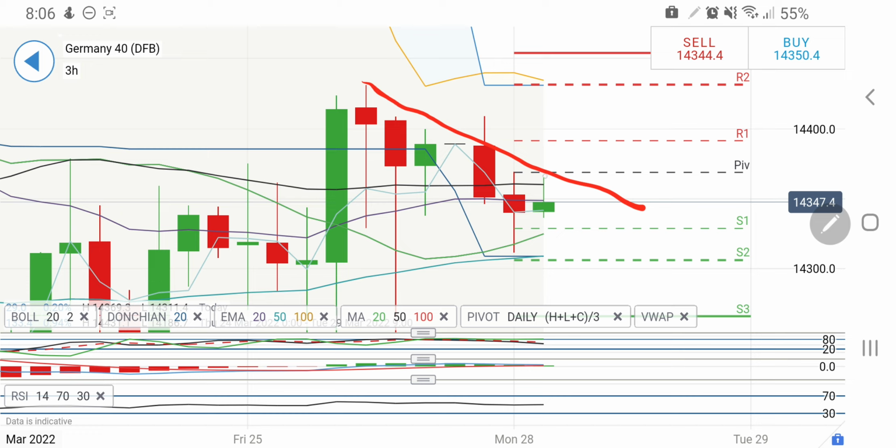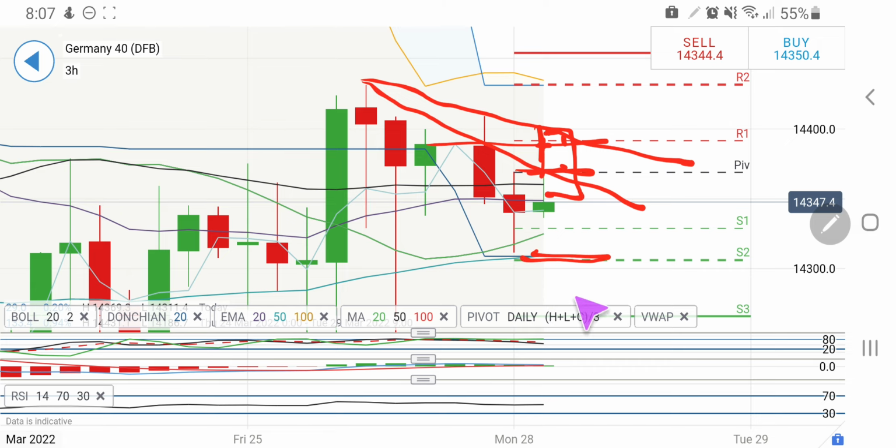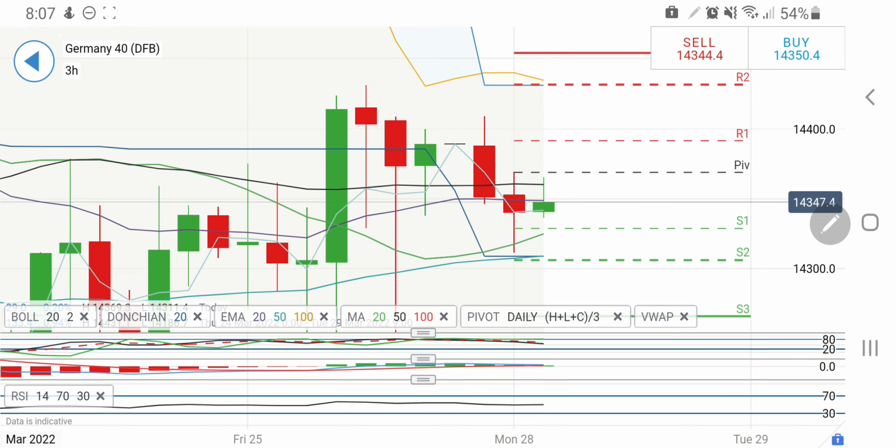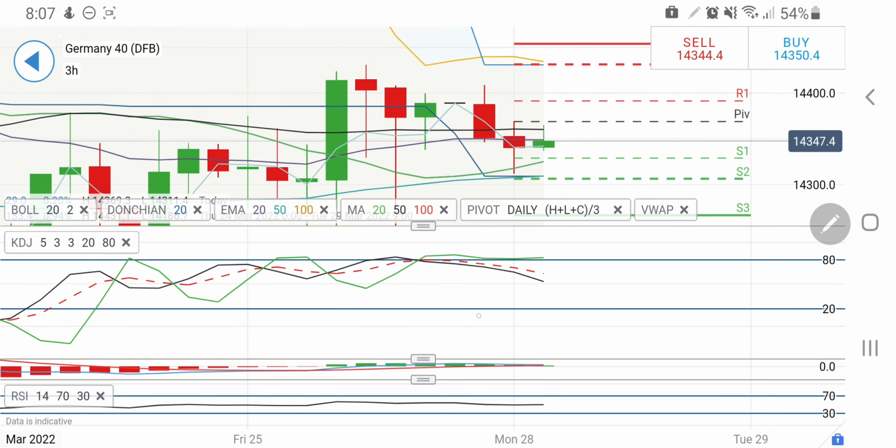Here is a resistance at 14350. Breaking 14350, it may try to come back till towards 14400 zone and 14440 zone. This zone between 14400 and 14440 is important. Any rise till there, in fact, is a good opportunity to short, I will say, and any drop below 14300 will be a very good opportunity to sell. In between 14300 to 14450, I will be a little watchful, and I will be skeptical of a rise or a drop in between these 150 points.